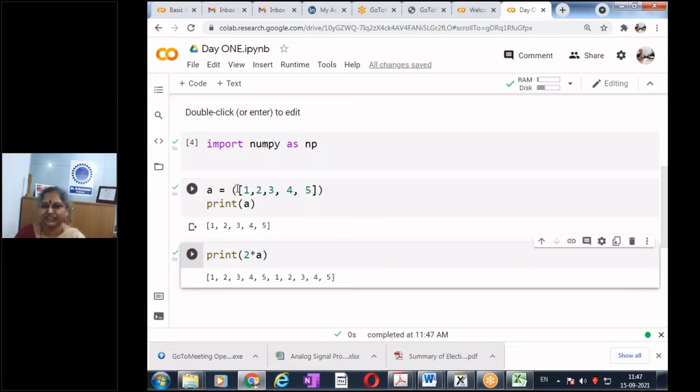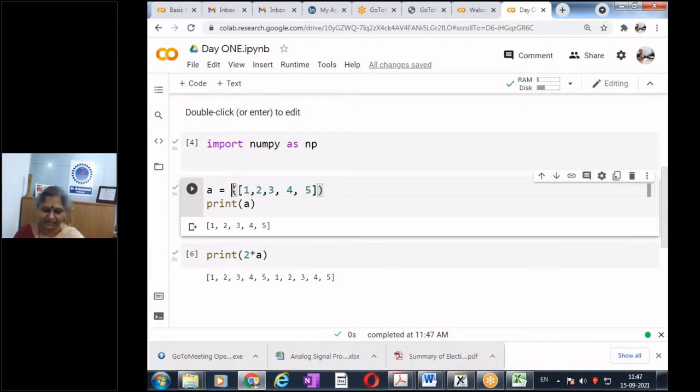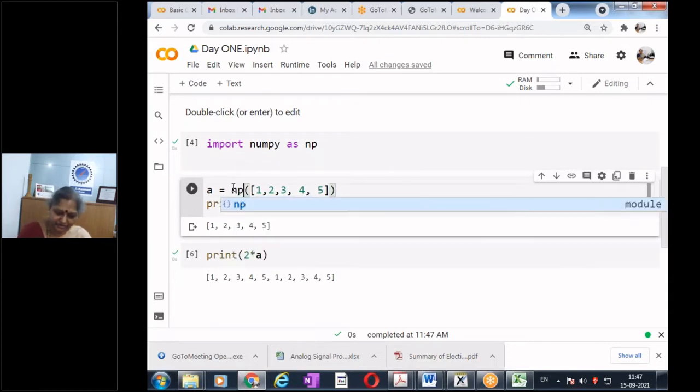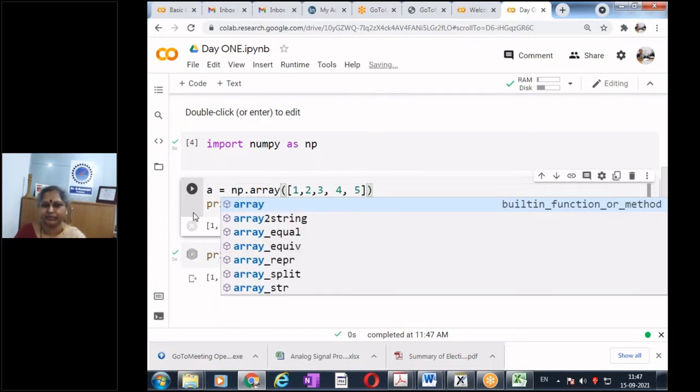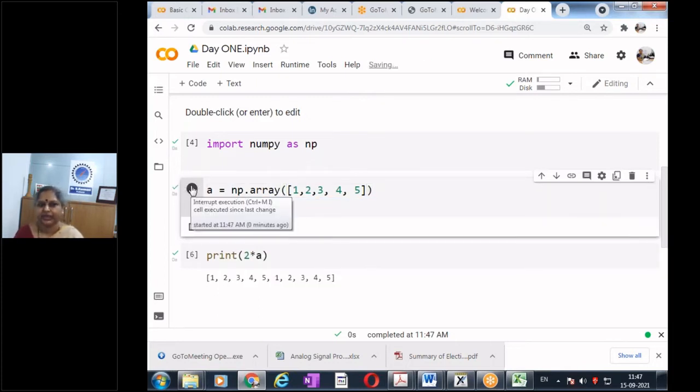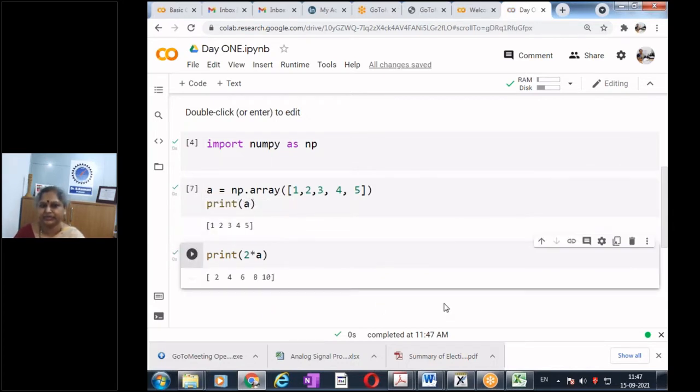Now you make a small change here. Go back to that cell and put np.array and then run the command. Then run print 2 times a, and now what happens?